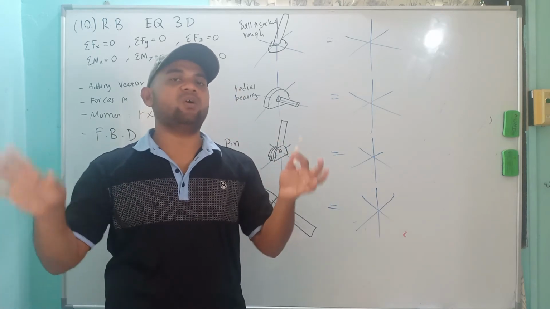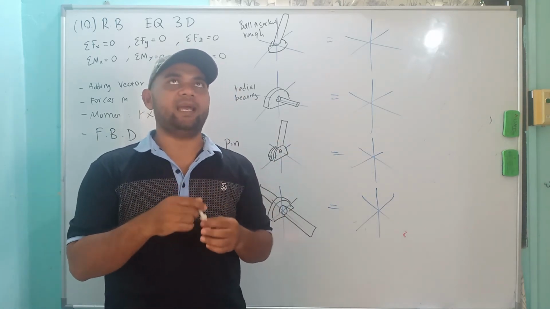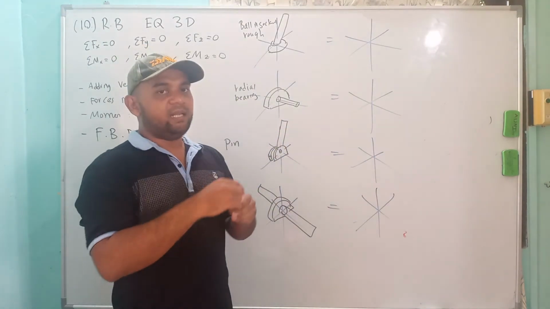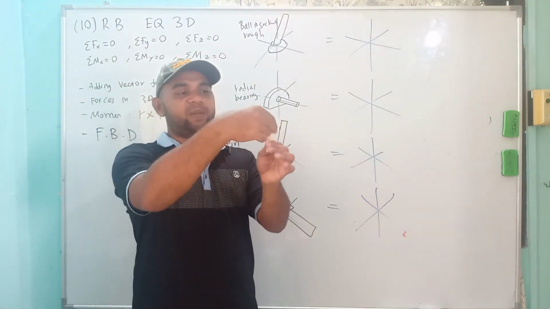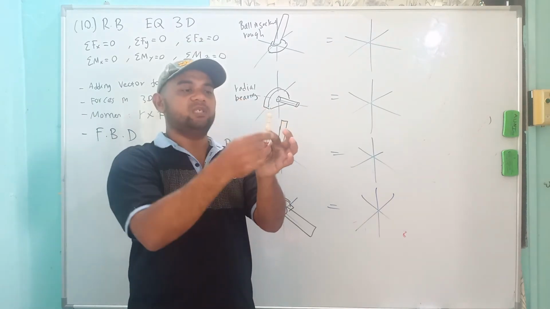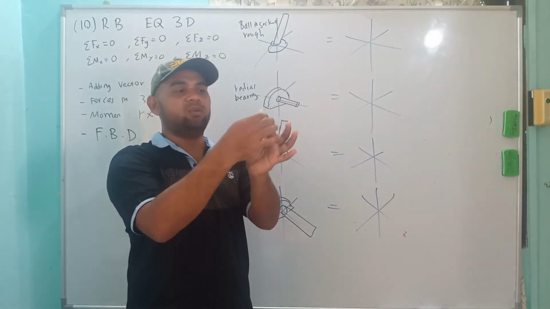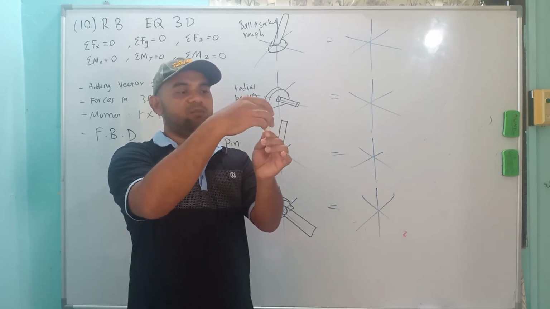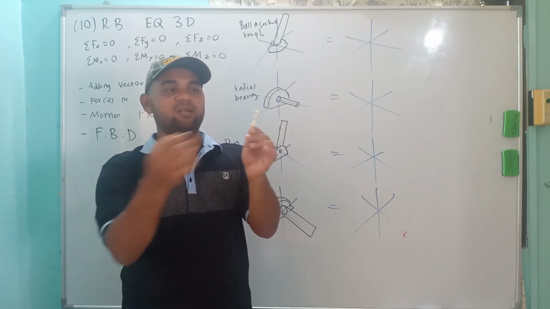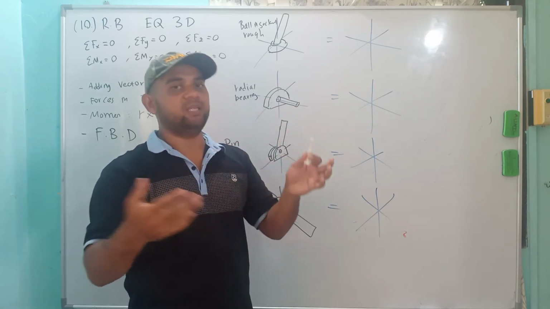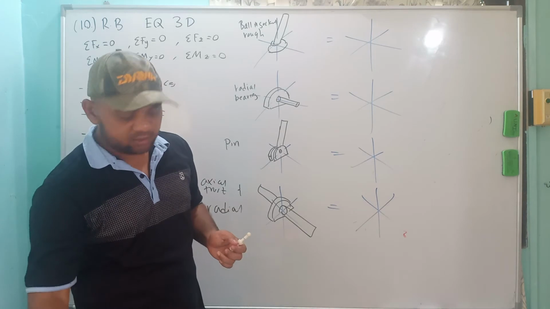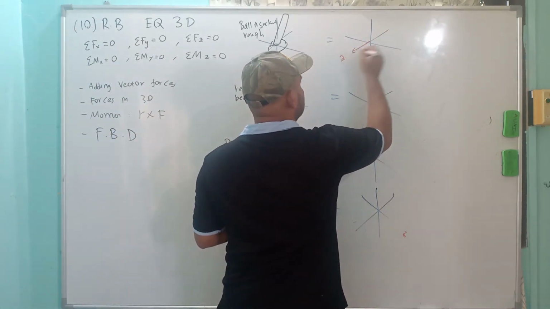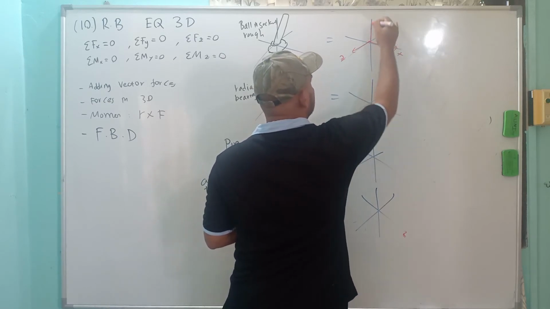So there will be no moment in Y, X, and Z axis for this one. There's no moment. But if you want to move this part alone upward, it cannot go because it is held by the socket downward. So movement is restricted in Y axis, and if we want to move it in Z, also cannot. In X also cannot. So there will be three forces and 0 moment. So there will be Z, X, and Y.